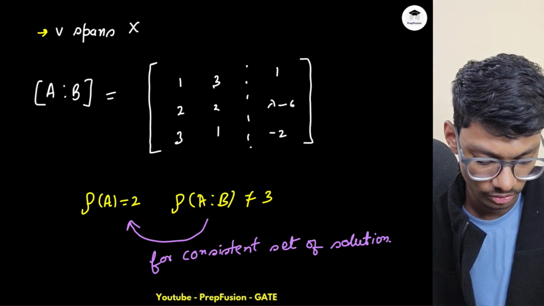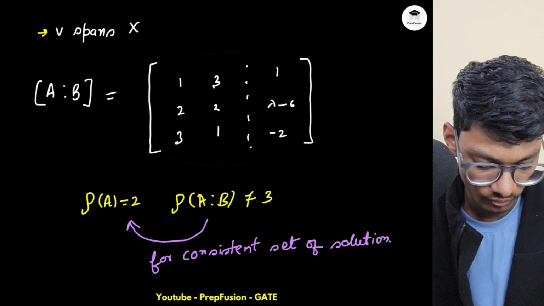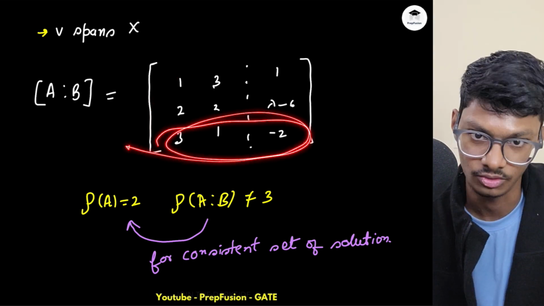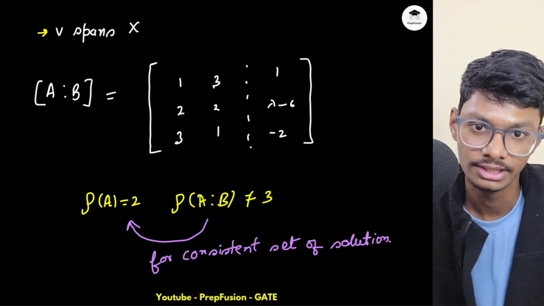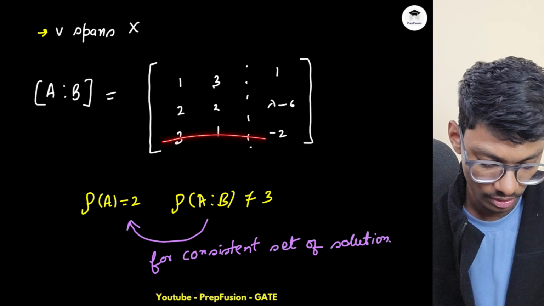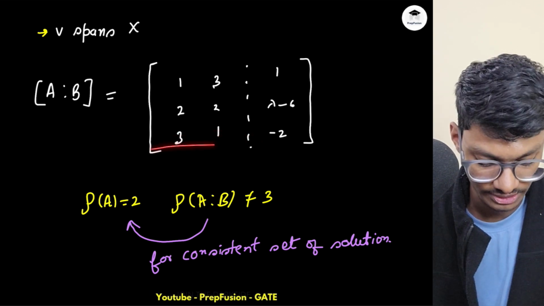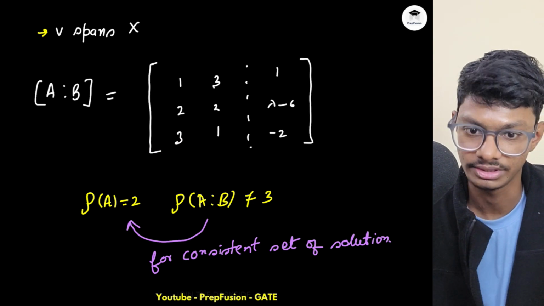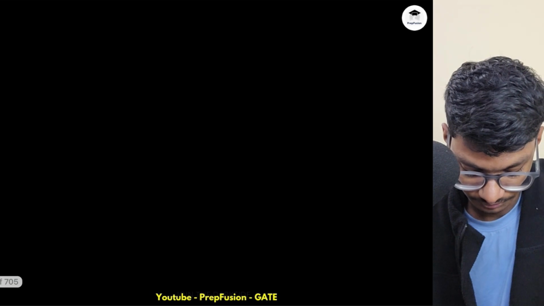Because you have to make these three rows dependent on each other, then one complete row will be 0, and only then will the determinant be 0. Then we will be able to say that the rank of AB is 2. Or you can convert this into the row echelon format as well. So let's do it both ways. First let's convert to row echelon format, and then I will make the determinant equal to 0. So the equivalent matrix will become